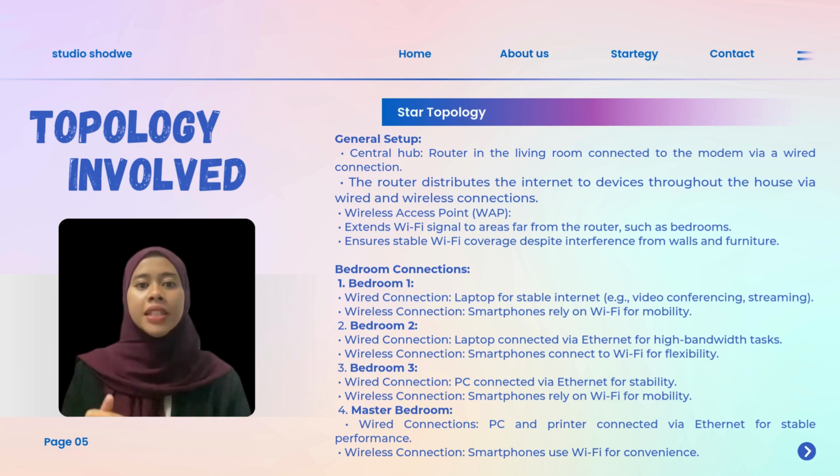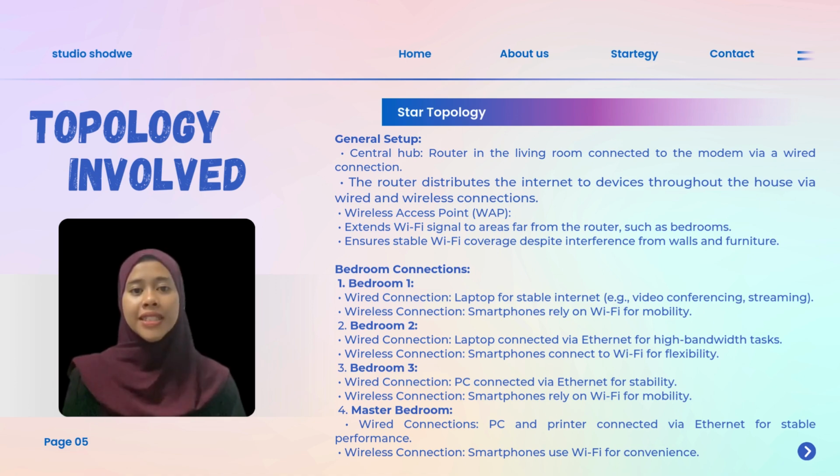These are then connected via wire to devices such as PC, laptops, and printer, while wireless devices such as smartphones rely on a wireless access point also linked to the router for extended Wi-Fi coverage to maintain stability throughout the house. A wireless access point extends the Wi-Fi signal, allowing better coverage for areas that are quite far from the router, such as the bedroom. This is more critical in a single-story home where there is significant interference from walls and